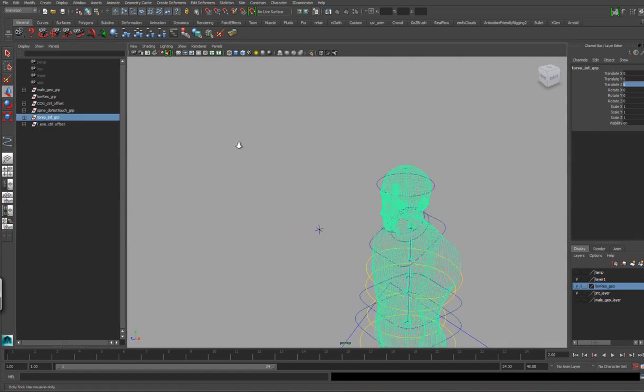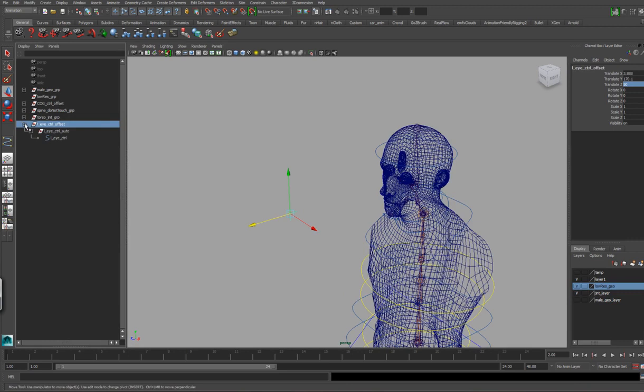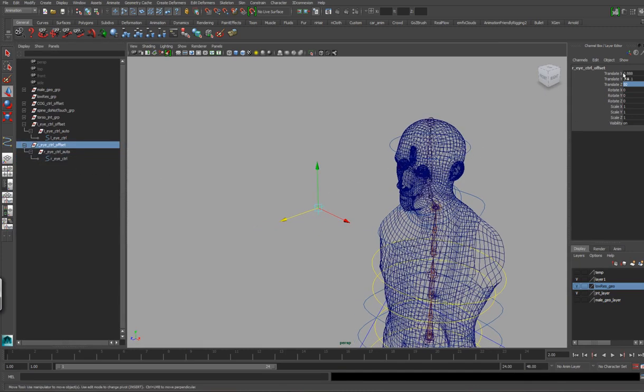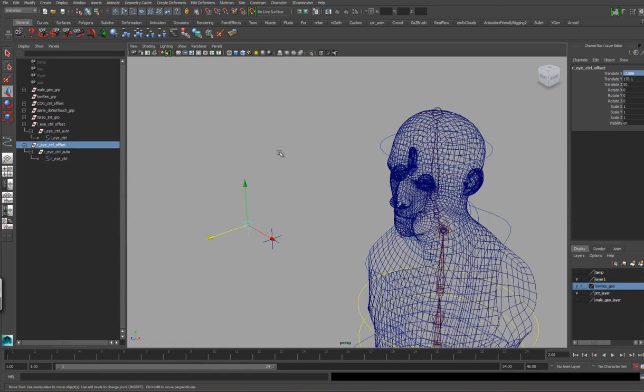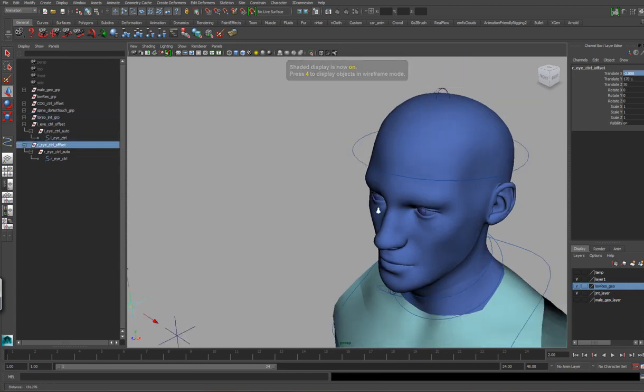So I'm just going to duplicate this control now, the entire hierarchy. So Control D, and rename this to be the right side. Okay, and hopefully I should be able to just put a negative in front here, and that should be the same, all lined up with the other eye. Okay,